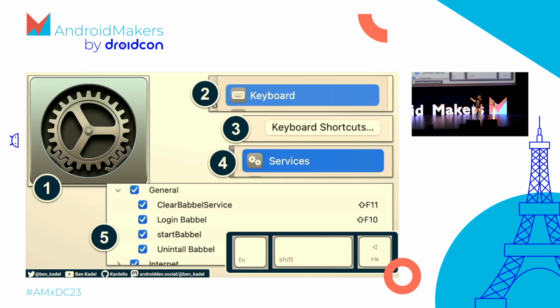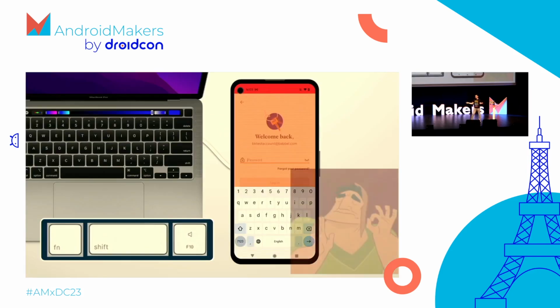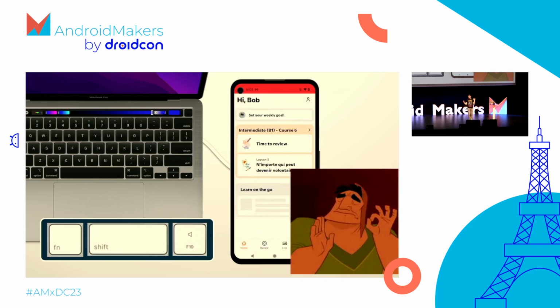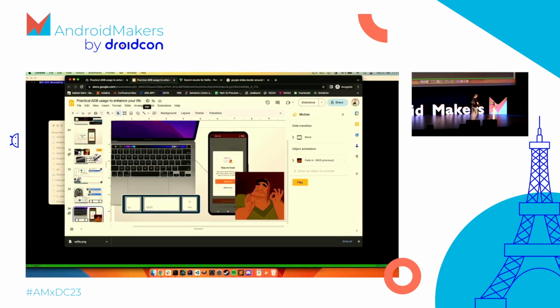And there's my login one, and then I can set whatever keyboard shortcut I like, so that my flow now looks like this. When I'm ready to log in, I don't open anything else. I hit Function Shift F10, and next to me my phone goes,